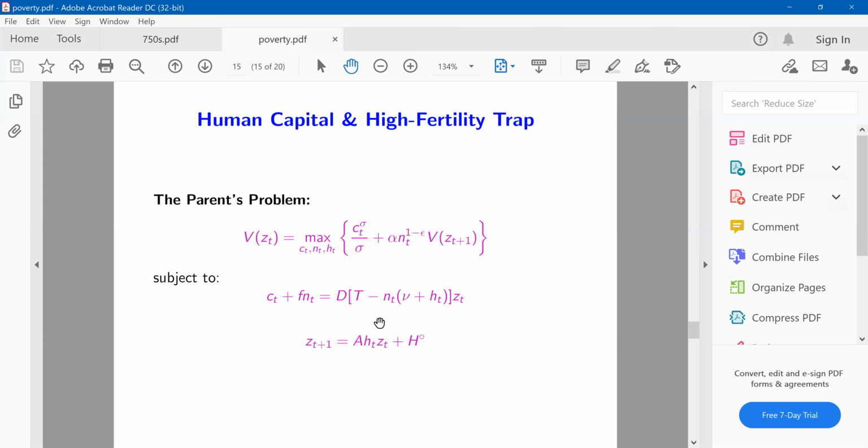For exact solutions, you need to use technology. You need to use your typical solution methods. But for steady states, we can actually have some characterization with pen and paper. So how do we proceed? Well, obviously, we know how we can characterize the first-order conditions and the envelope condition here, but